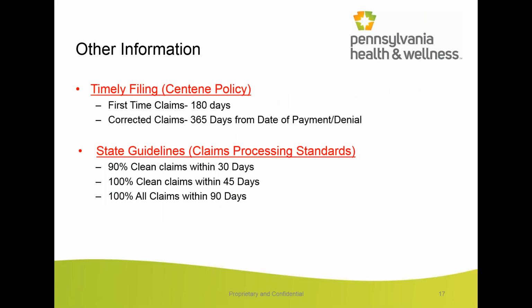Most important is timely filing. It is a Centene policy that we have a timely filing of 180 days for first-time claims, and also 365 for corrected claims from date of payment and denial. Understanding that in the first few months there is a learning curve, so we're getting to know how to work with each other, there have been exceptions made